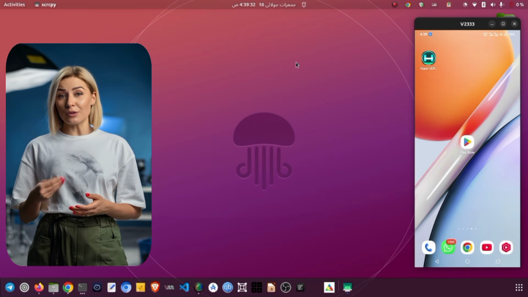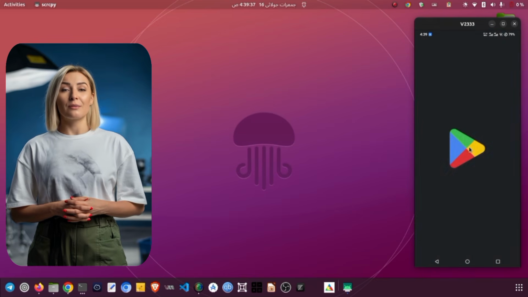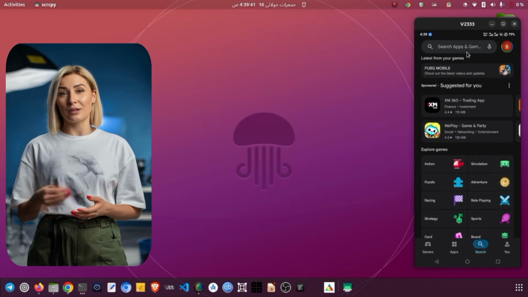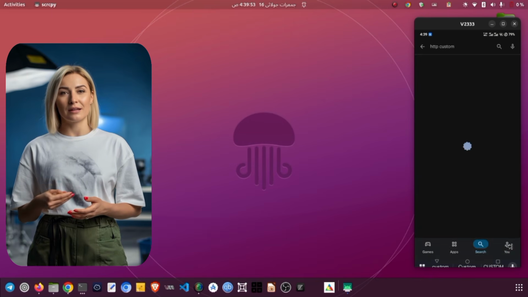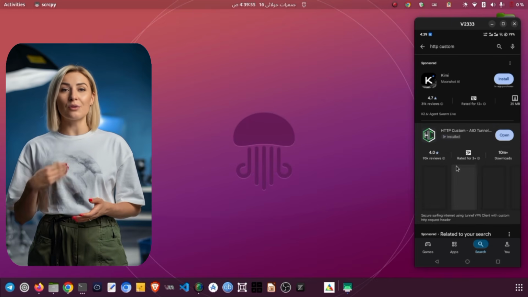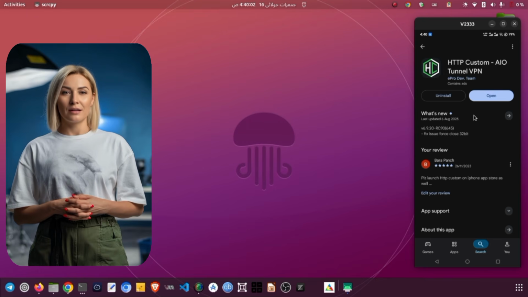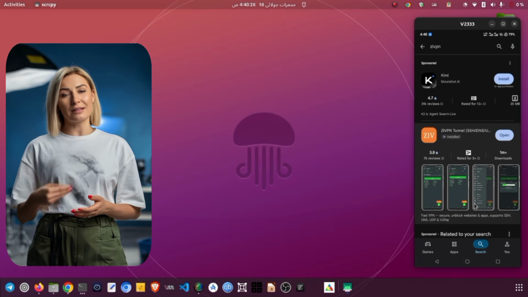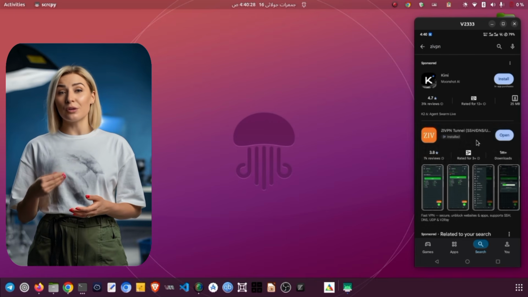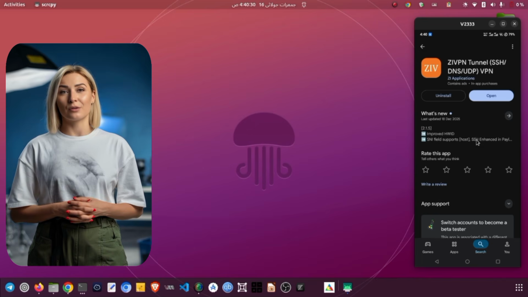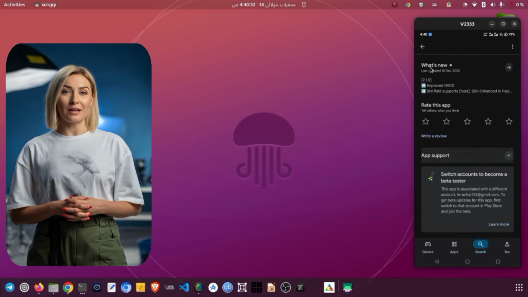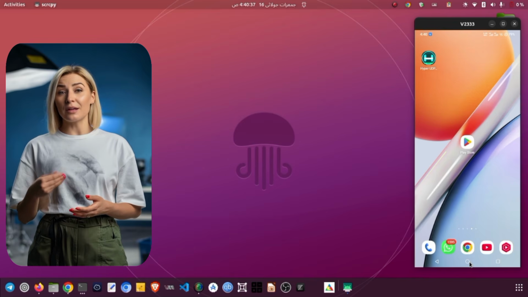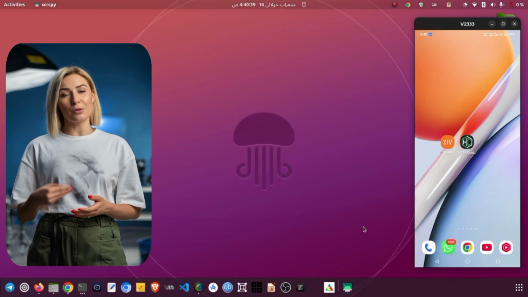The first thing we need to do is install the two applications we will be using in this tutorial. Open the Play Store on your device and search for HTTP Custom. Once you find it, tap Install and let it download and install completely on your phone. Next, go back to the Play Store search bar and this time search for ZIVPN. Make sure you match the logo shown here on screen so you download the correct application. Once ZIVPN is installed, you now have both apps ready on your device, and we can move forward to creating